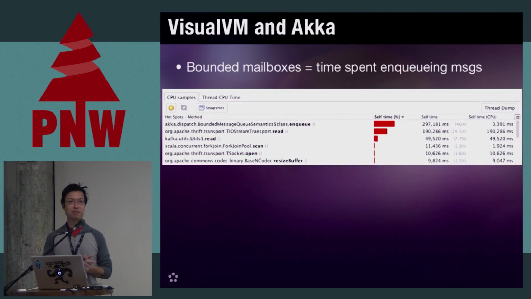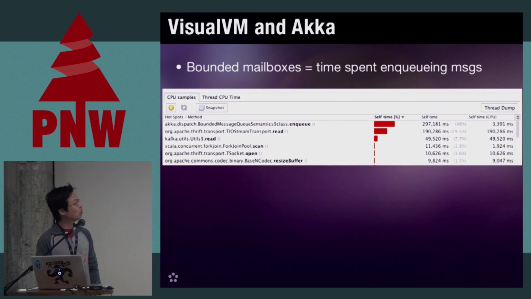How many people use VisualVM? It's a super useful tool. If you haven't used it, I highly encourage you to download it because it's free. It's an awesome way to get live production information from your JVM. Unfortunately, VisualVM is really targeted at traditional Java apps with threads. One useful view in VisualVM is the CPU sampling, which gives you a cheap, very rough way of estimating where time is being spent. I find this super useful when debugging the performance of my Akka apps.